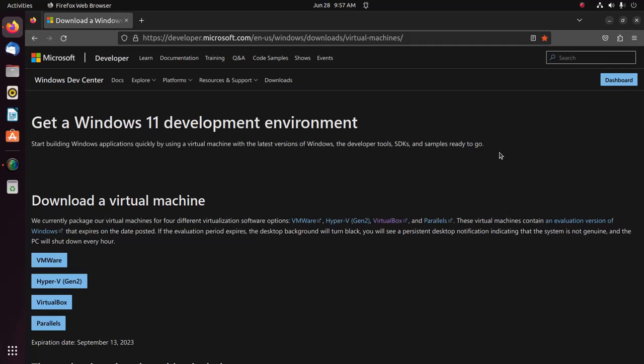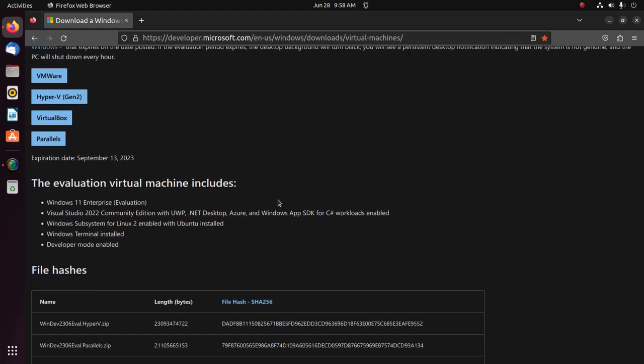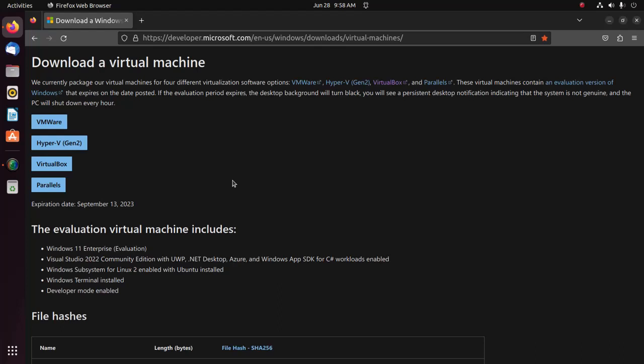Windows packages their virtual machines for four different virtualization software options like VMware, Hyper-V, VirtualBox, and Parallels. So let's get an activated Windows 11. It includes many development tools pre-installed, and anyone can use this on any platform like Windows, Linux, and macOS. The evaluation virtual machine includes Windows 11 Enterprise,